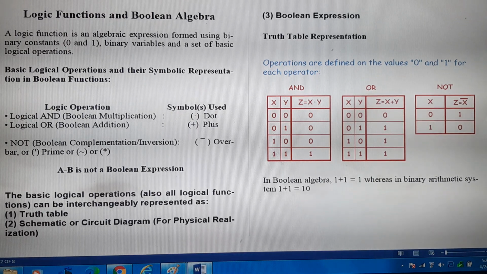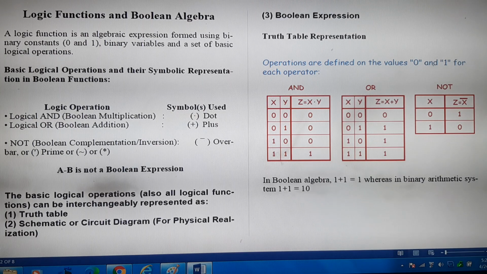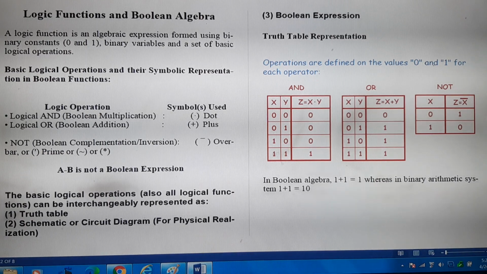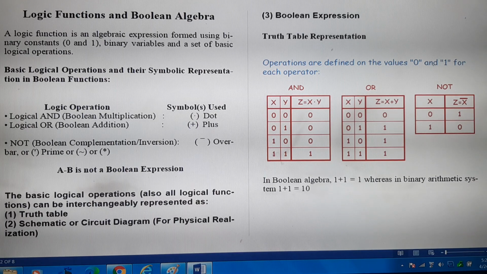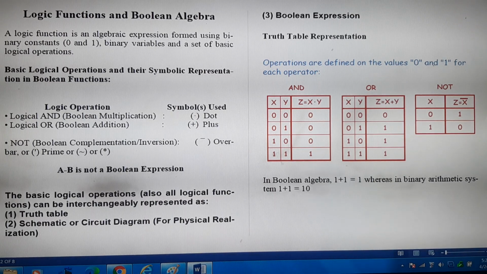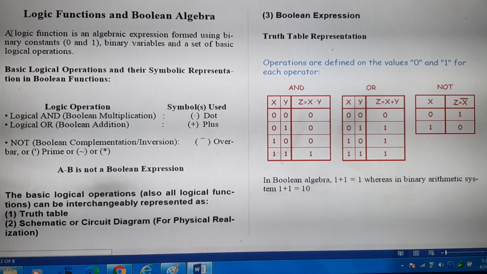The binary combinations for the truth table are obtained from the binary numbers by counting from 0 through 2 raised to the power n minus 1. Here, to define the truth table of logical AND operation, we need two input variables x and y. So there are 4 possible binary combinations for assigning bits to the two variables x and y. This is the truth table for logical AND.